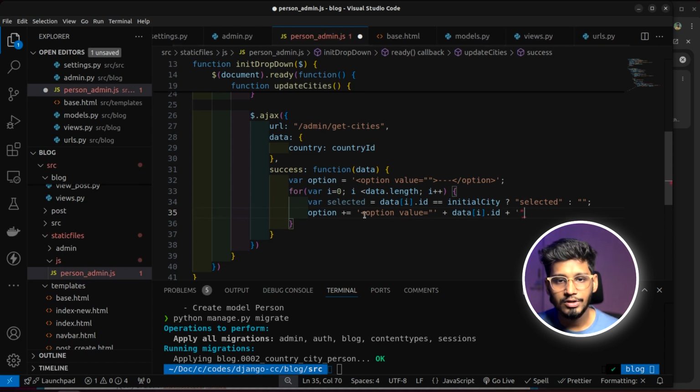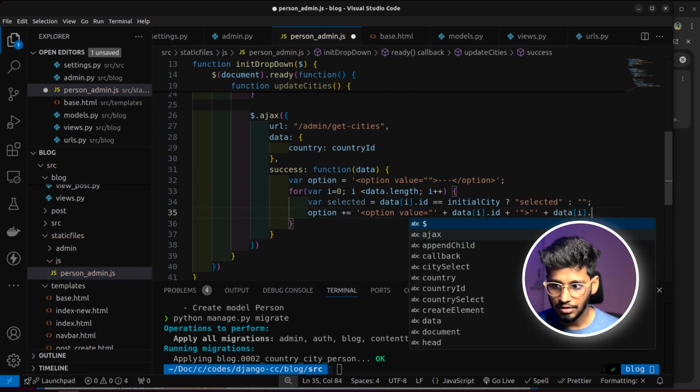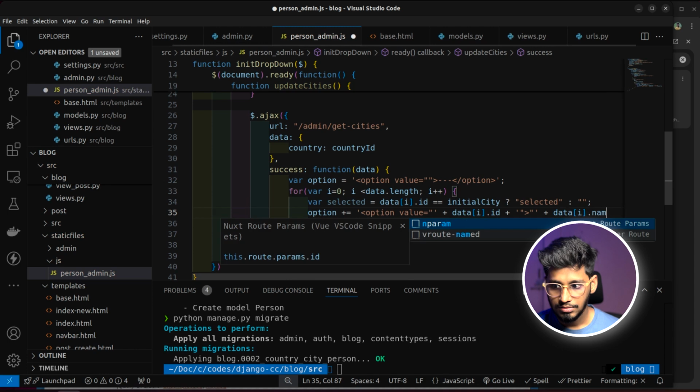This is purely JavaScript, or jQuery, JavaScript you can say, and we are using it for HTML. Okay, so let me close this option. Actually it will be closed like this. So this part is complete till now. Now let's show the label. So for that again we need one quote plus data[i].name,